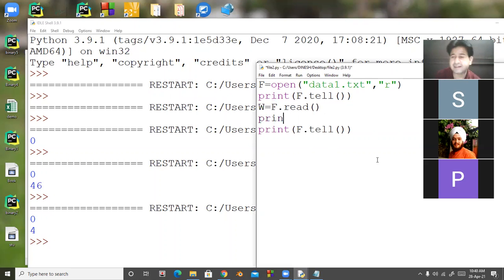Now the cursor is at the end of the file. Now what I am doing here, w is equal to f.read, again a second time.